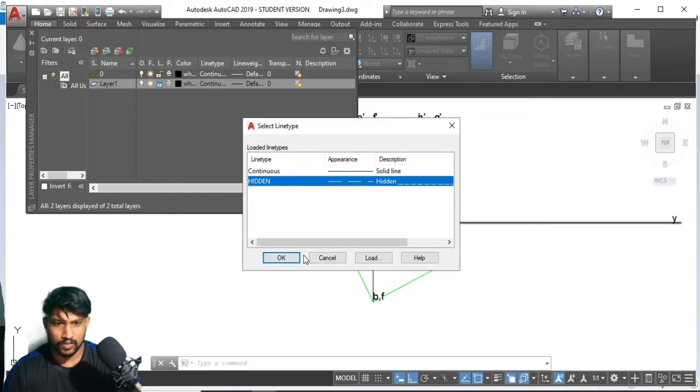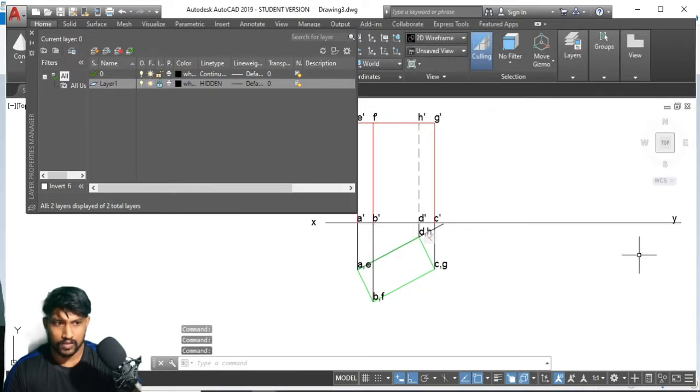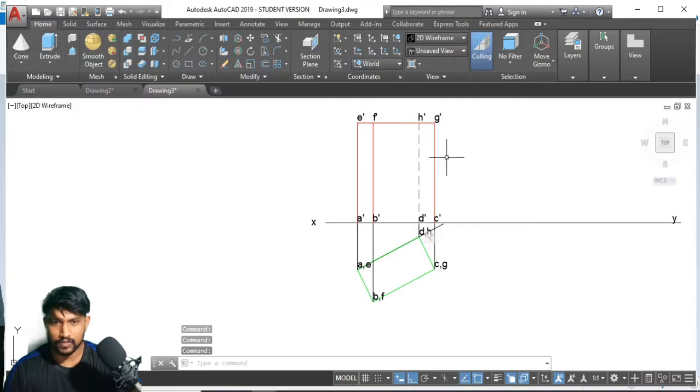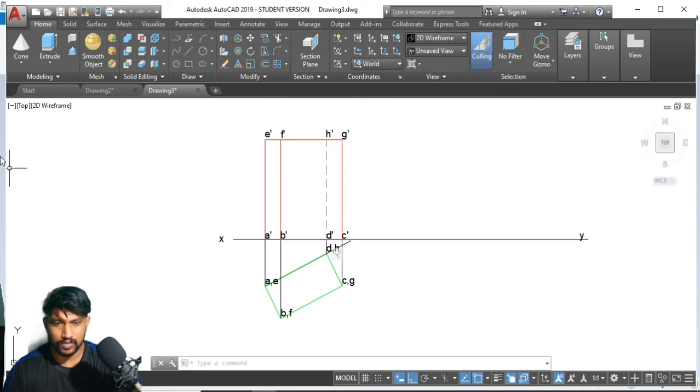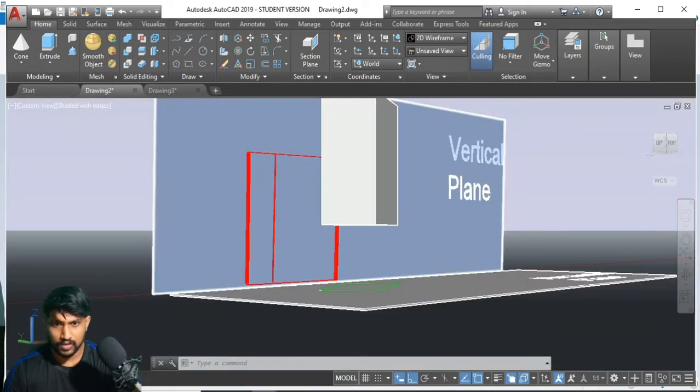Okay, now I got a hidden edge. So this is the representation that we use here. Namings here.